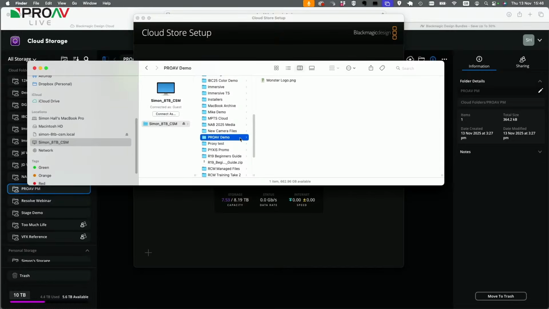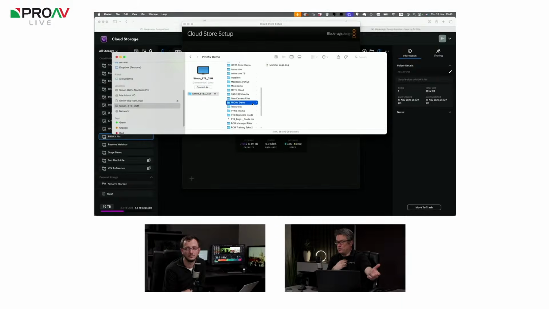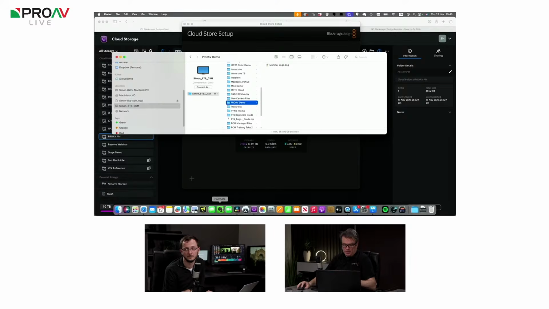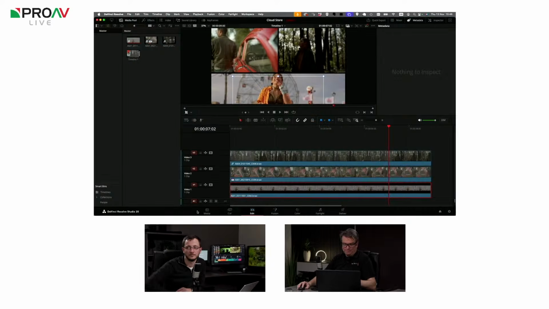So again, for ENG, if you've got photographers, they can just throw a load of stuff into the cloud interface through a web browser, and it'll just automatically download to your Cloud Store. So that's, as you say, the seamless way. How it looks in Resolve, the Resolve workflow. Well, really, there isn't a Resolve workflow per se for sharing media, because this file now actually sits